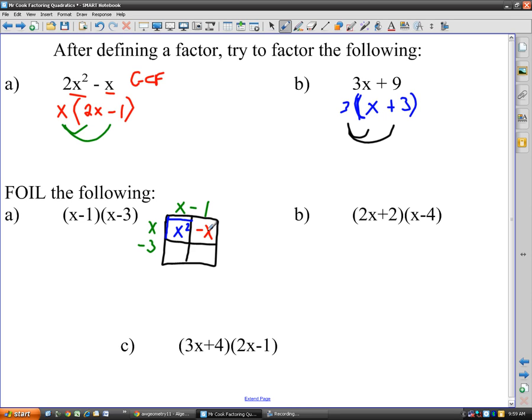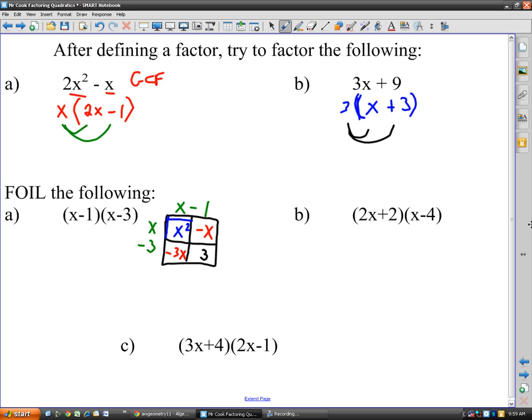And then if I take negative 3, the height here, times the width of x, I get negative 3x. And then last but not least, if I take negative 3, the height here, times negative 1, the width, I get positive 3. So you'll notice that my red terms are like terms, and so if I combine all my terms together, I